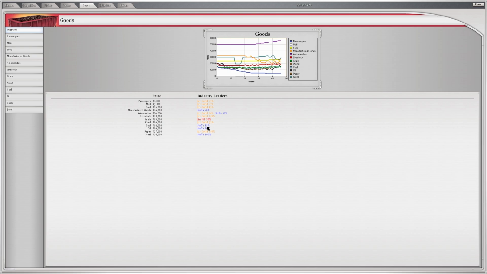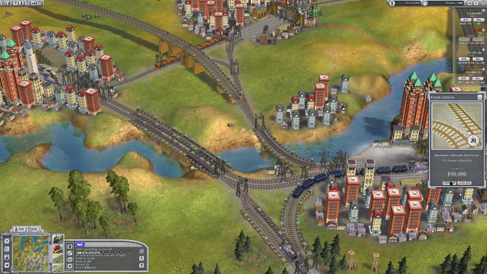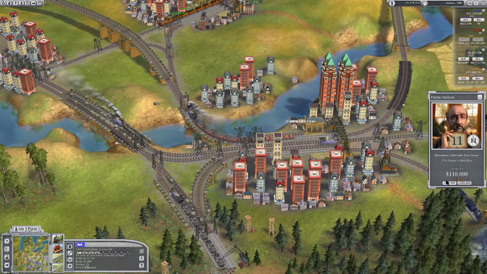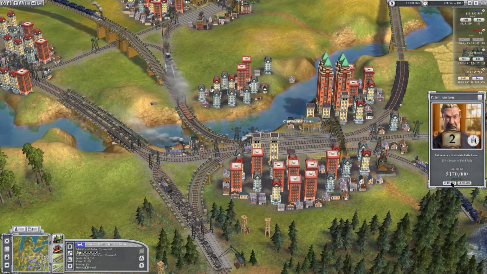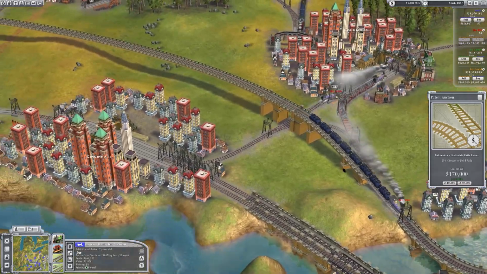Coal and oil and steel, we are all leading on 81, 84 and 100% respectively, which makes sense. 25% cheaper to build rails. I might as well put a cheeky bid on it. I'll make Jay pay over the odds and then... You know what, you can have it. We're not really building much more anyway, so...